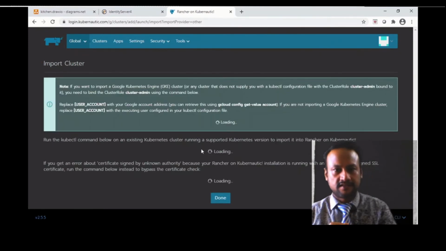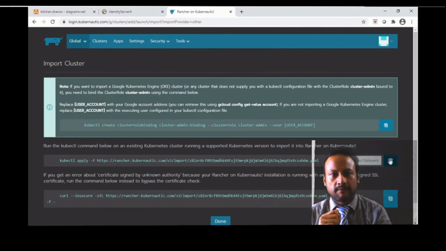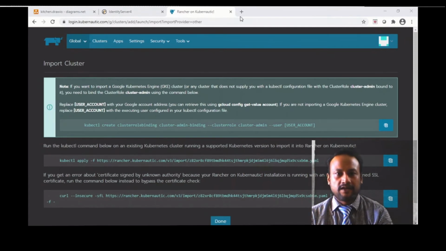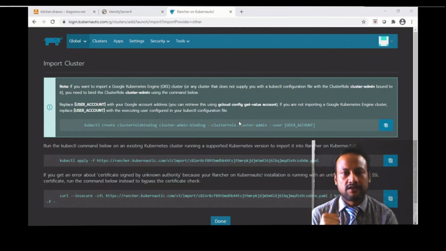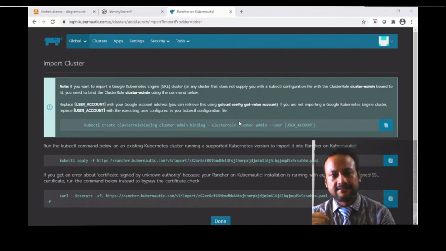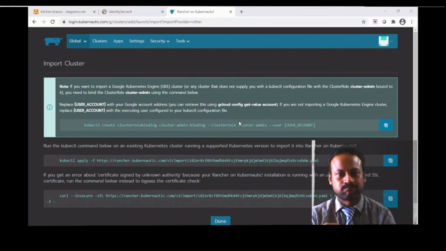I love this. So just copy this. I know the key is visible, but I'm going to delete it just for the live session. So let's go back to our terminal and execute this command.